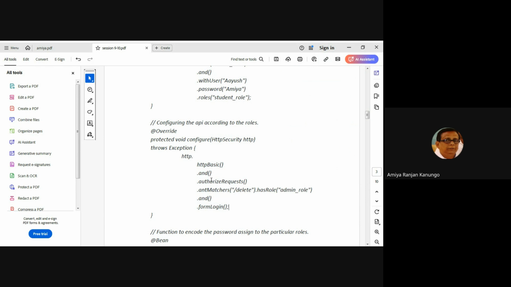What is the meaning of these properties? Along with some basic HTTP properties, authorizeRequests and matches this, dot hasRole admin. What does it mean? The meaning of these properties is